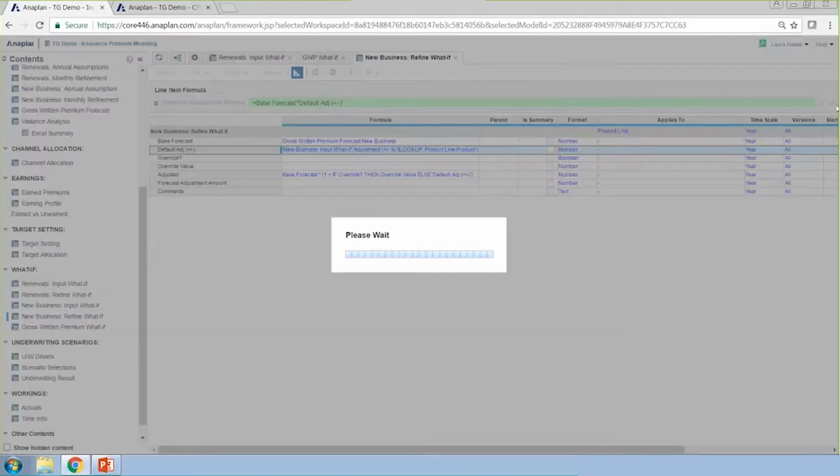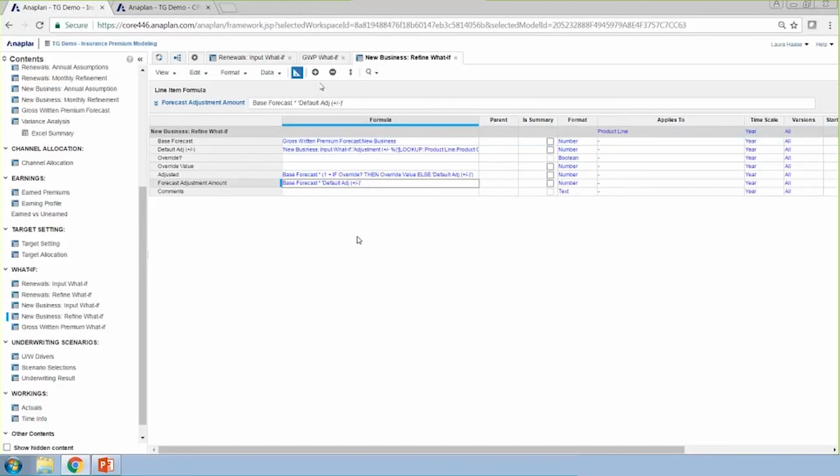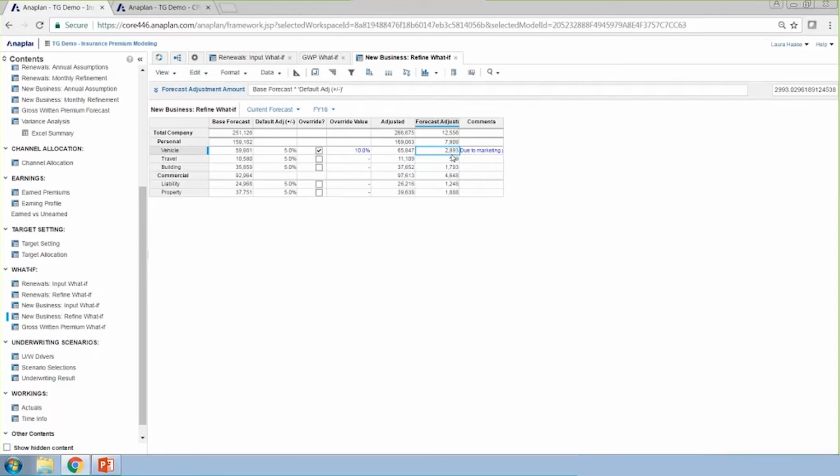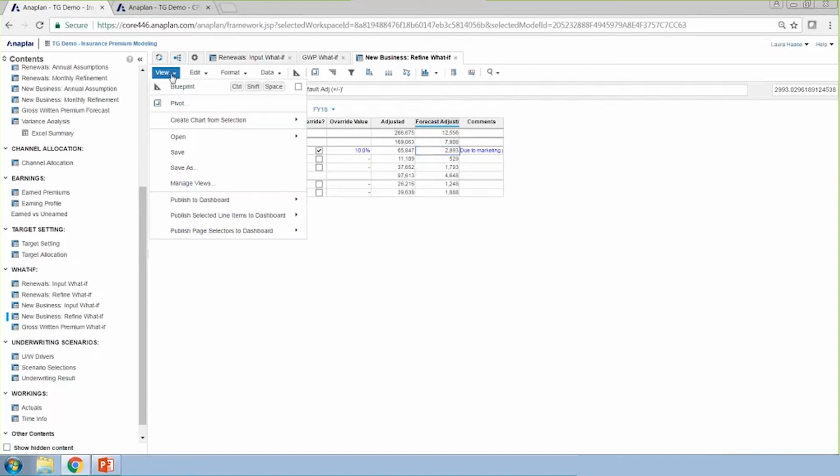It's pretty basic formulas in here, and you can have that display anything that you want it to show. And you can see when you do that what the adjustment amount is, to now see what's been the amount that's actually been adjusted. If I save this view,